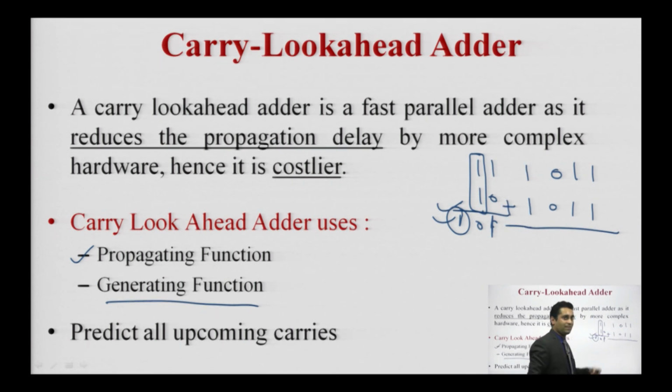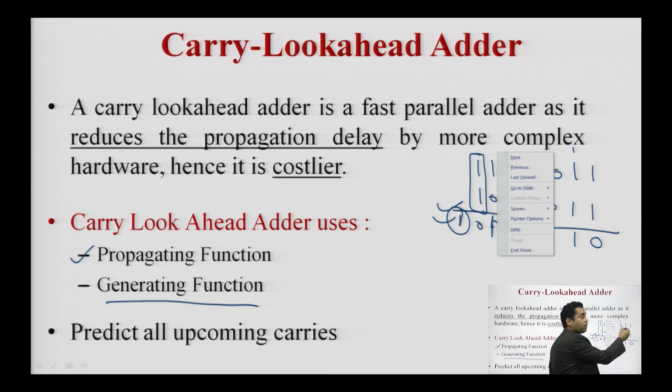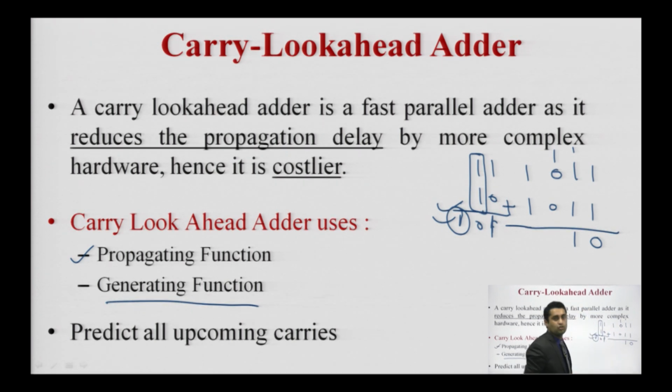Now I am going to add this. See what is happening here: 1 1 0 and carry. So this is generation of carry. And if I am using here 1 1 1, the answer is 1 and 1 is again the use of a particular carry. In this case this is generating a carry and also propagating a carry to the next one. So this is the example of propagation.